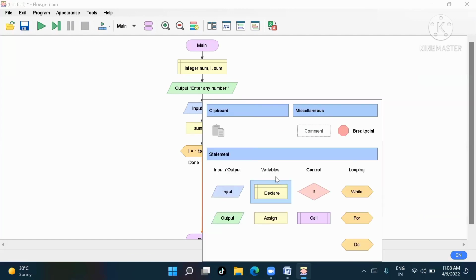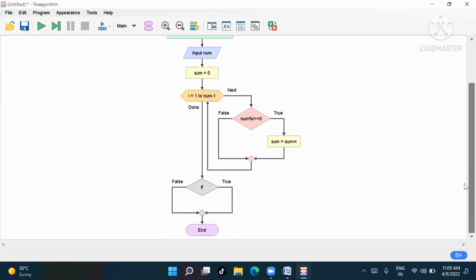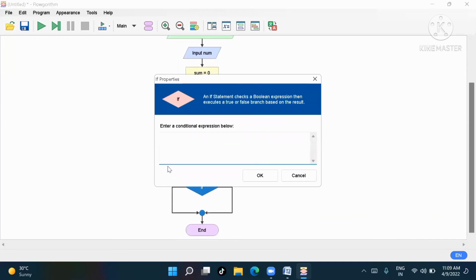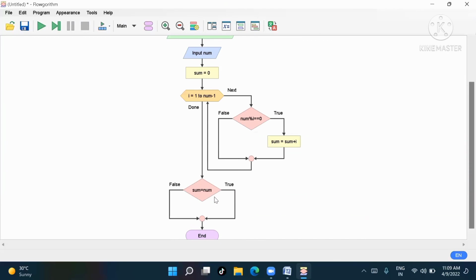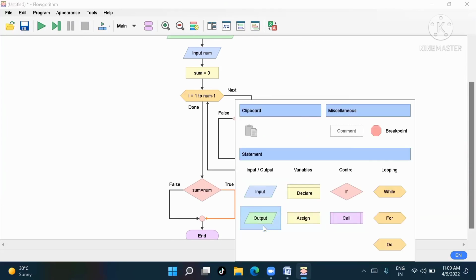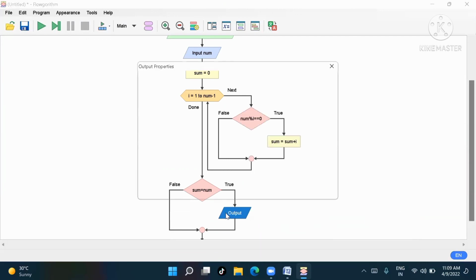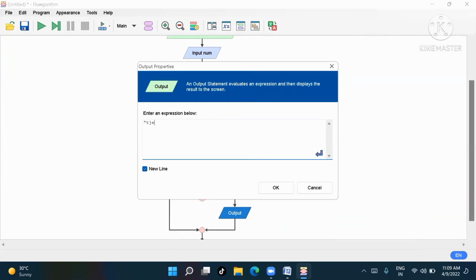After doing all this, it will come here. So write: if num equal to sum. If it matches, then the number is perfect. Otherwise, the number is not perfect.